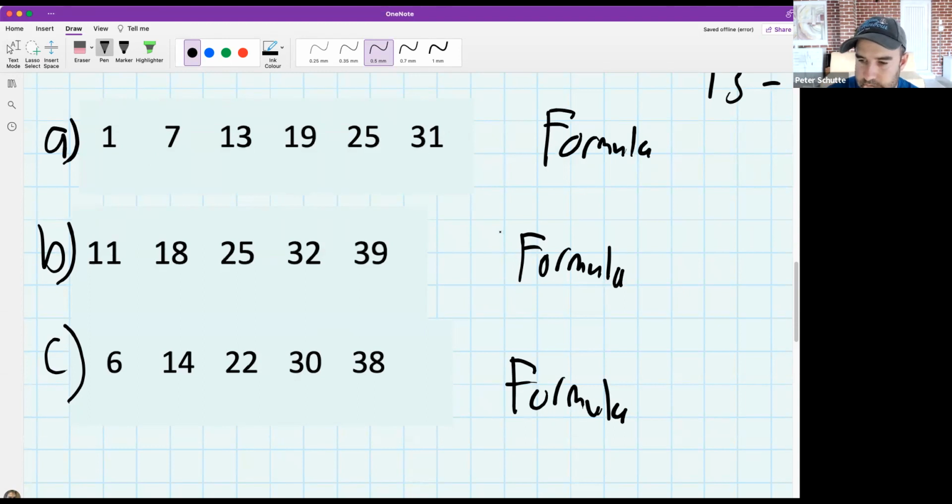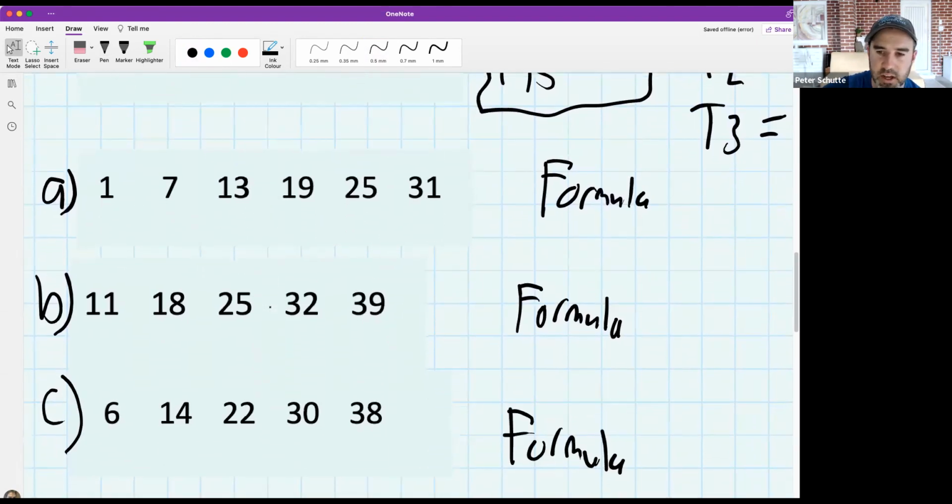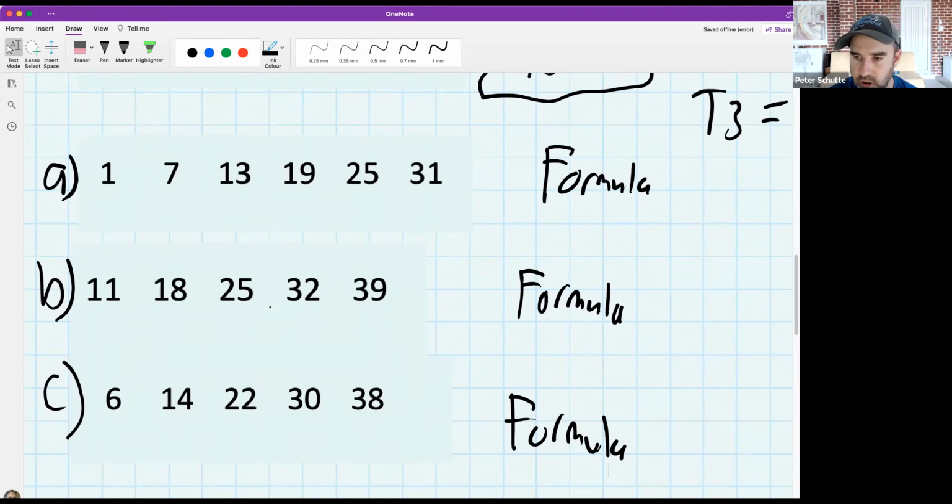Mr. S, while they do that, do you mind going back to number 15? There's still some confusion about that. Okay. About how you found the formula. Can I just ask all the students who are on, can you just write down these numbers, or maybe just take a screenshot quickly if I'm going to go back, because I'm aware that if I move the screen, it's going to change the